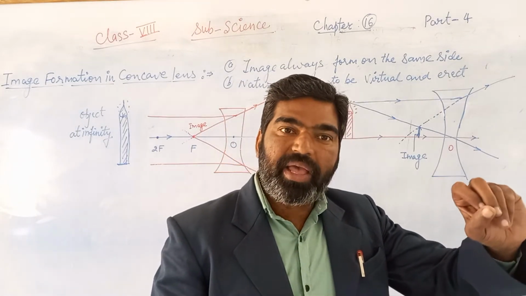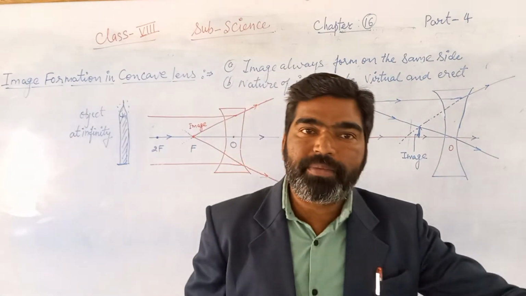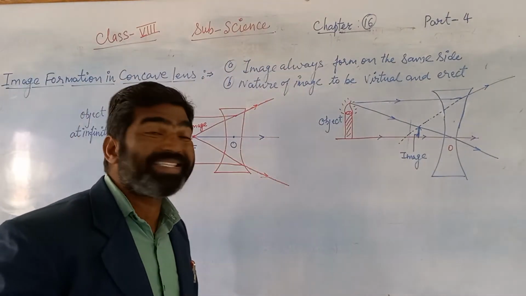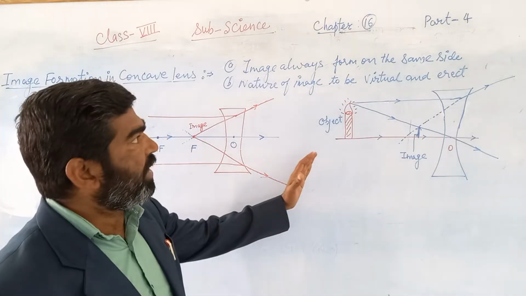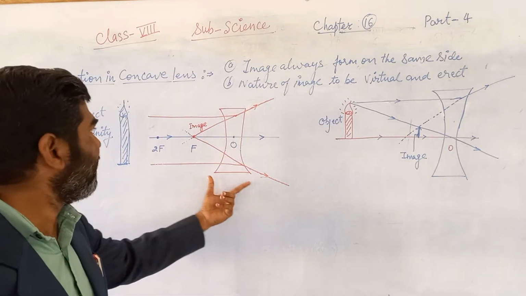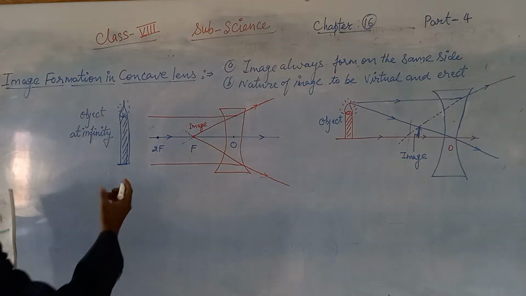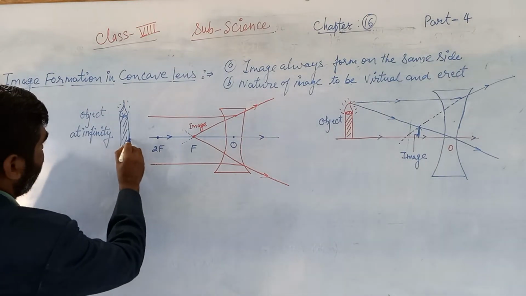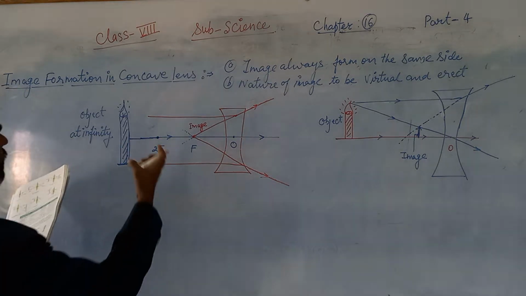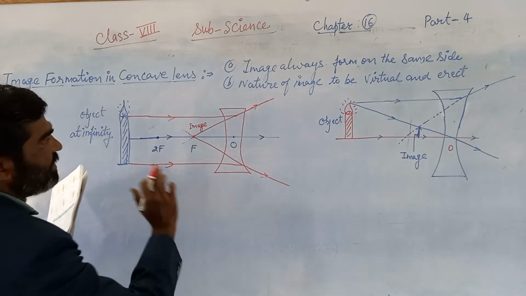Whatever the position of the object, you can place it anywhere, but the image that is formed always forms on the same side of the lens. Just see this one, this is the example of a concave lens, and we kept this object here at infinity. This ray is coming from this object. This is known as the principal axis, and this light is